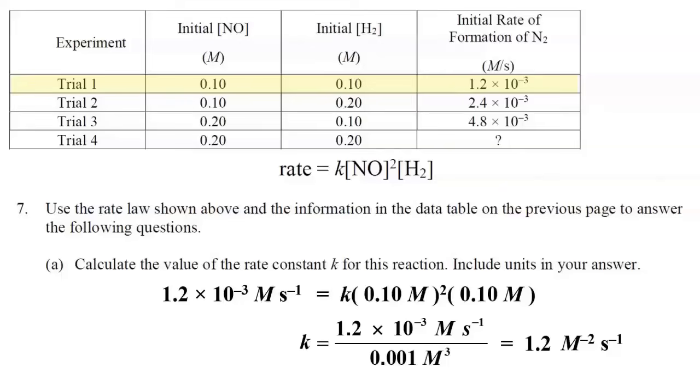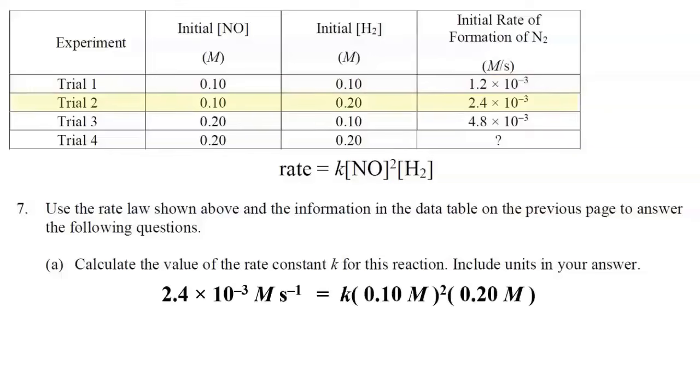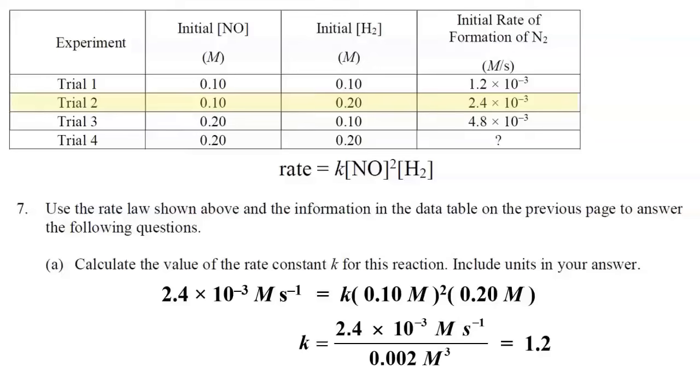All right, you might be wondering at this point, did I have to use the data from trial 1? Could I have used the data from trials 2 or 3? And the answer is yes. Let's take a look. If I had used the data for trial 2, I would have had a different rate. I would have had a different concentration for hydrogen, but if I do the math, I would still get a numerical value of 1.2, and my units would still be molarity to the negative 2 power, seconds to the negative